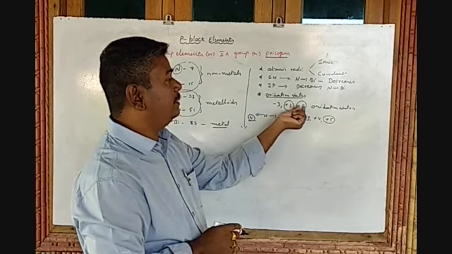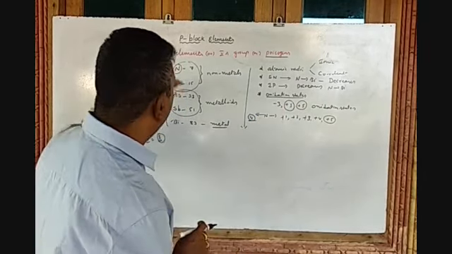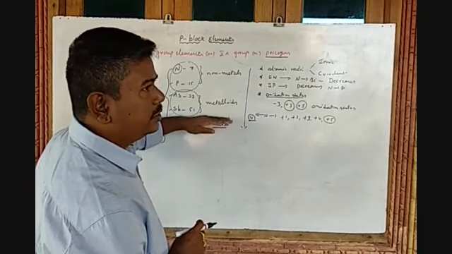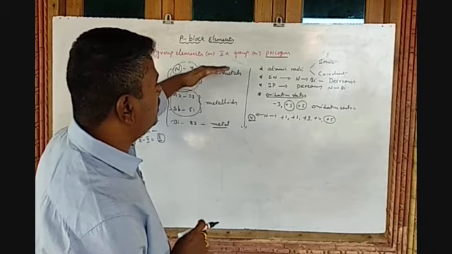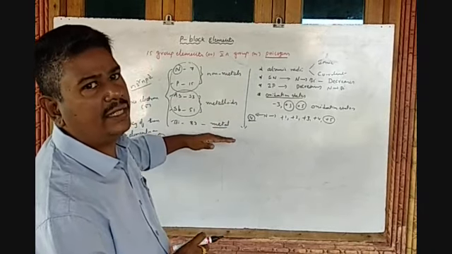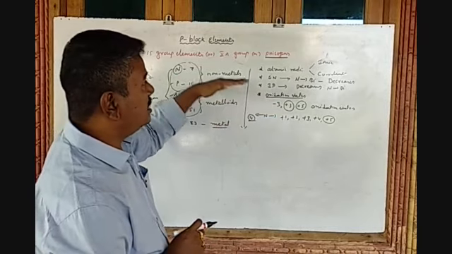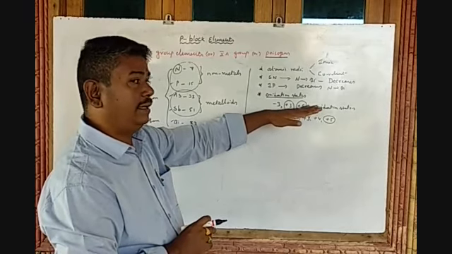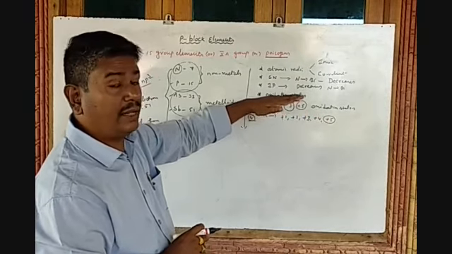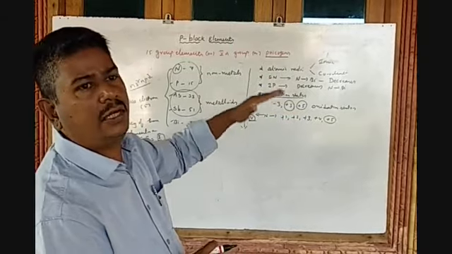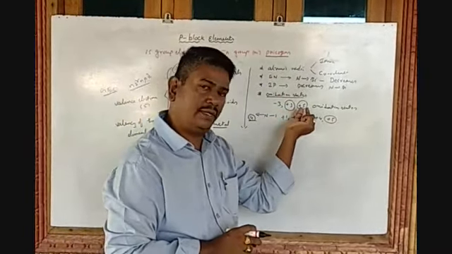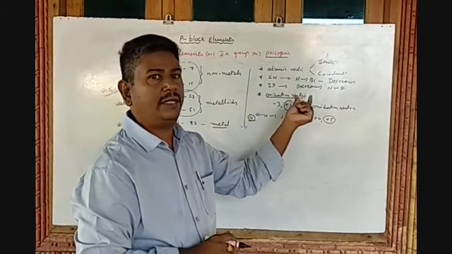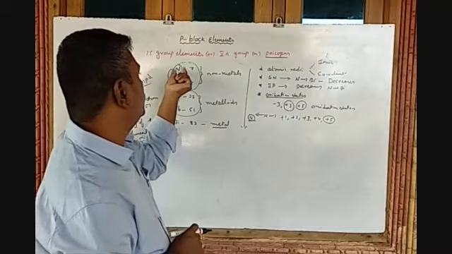The remaining elements show -3, +5 and +3. While moving from nitrogen to bismuth, it changes from non-metal to metallic. As the metallic character increases, the positive oxidation state gradually increases. So these elements show up to +3, +5 oxidation states. But here the +3 oxidation state compounds are more stable than the +5 oxidation states. So that is about the periodic properties and the changes from nitrogen to bismuth.